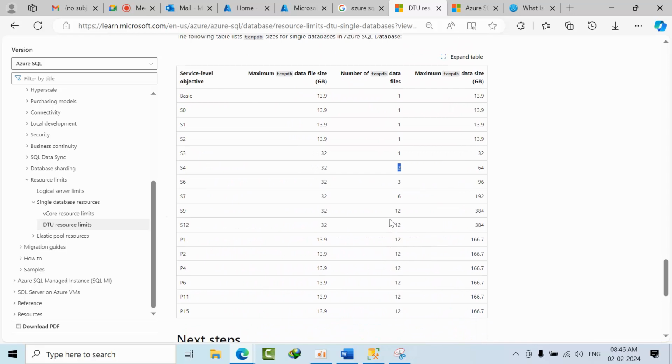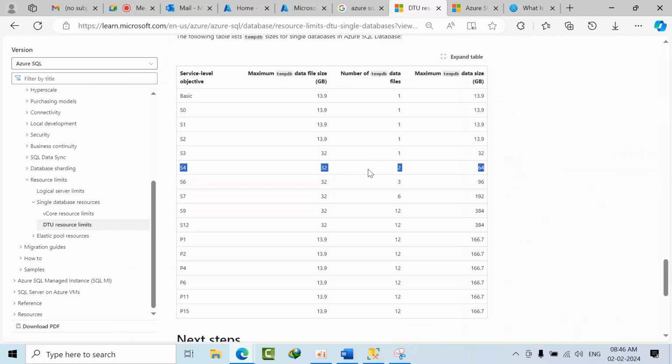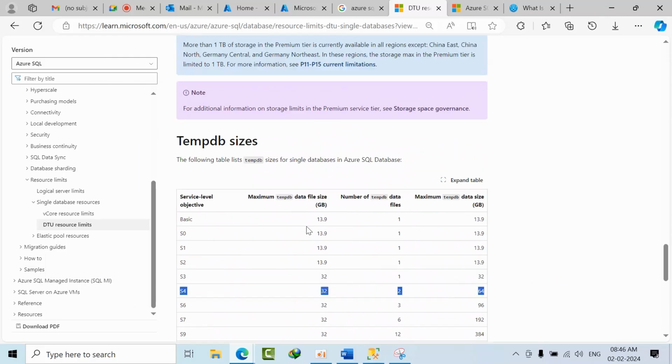This is how performance increases. If you have a huge number of tempdb objects, like local temporary variables and global variables occupying more space, then you require more space for tempdb. With this kind of edition and service objective, you get this many database sizes and this number of tempdb files.